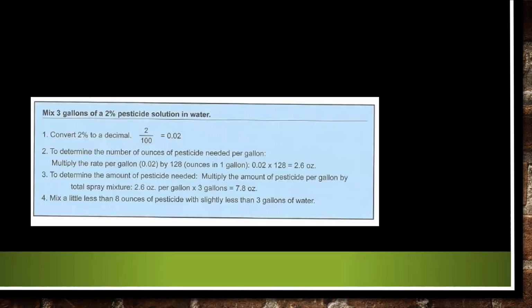So mix 3 gallons of a 2% pesticide solution in water. We're going to convert the 2% to a decimal. So we've got 2 divided by 100 is 0.02. And then to determine the number of ounces of pesticide needed per gallon, we'll multiply the